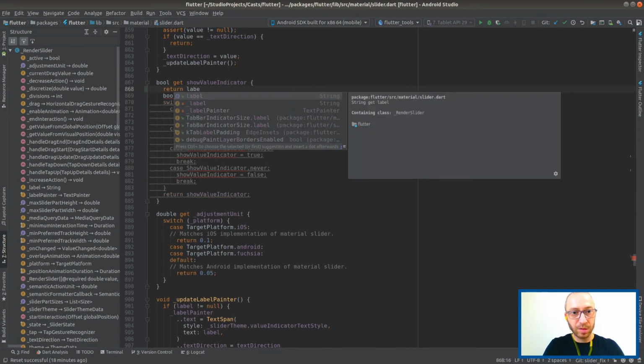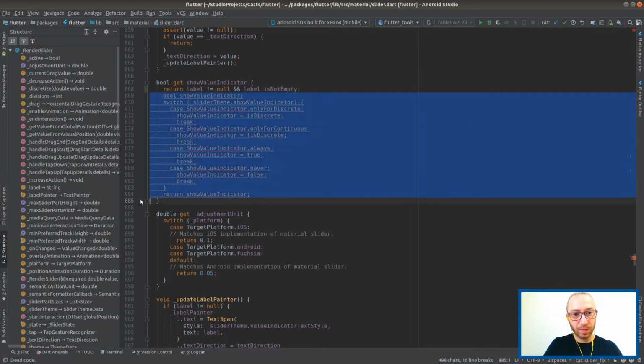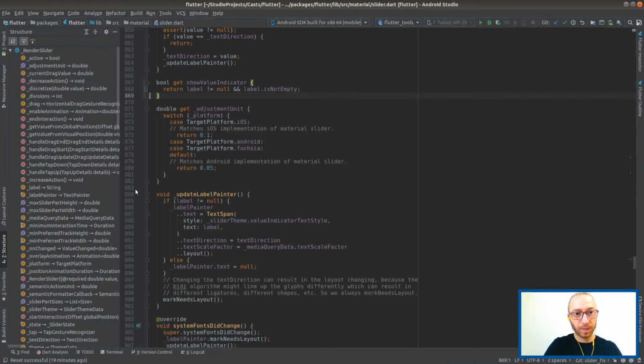So there's label not null, and label not empty. Let's say everything else is beside the point.